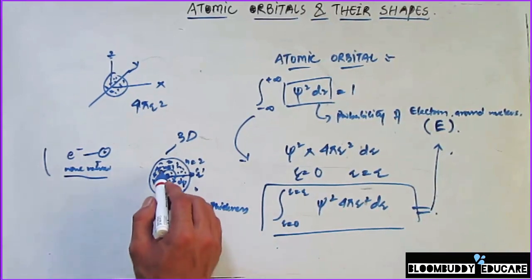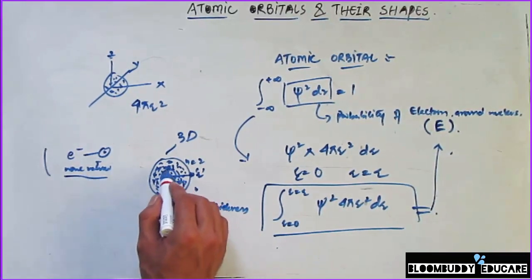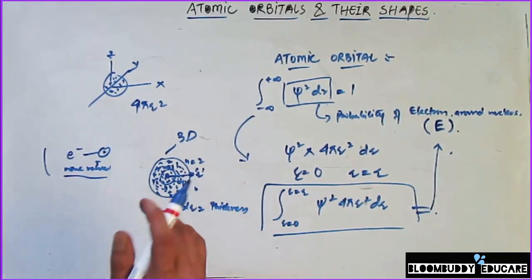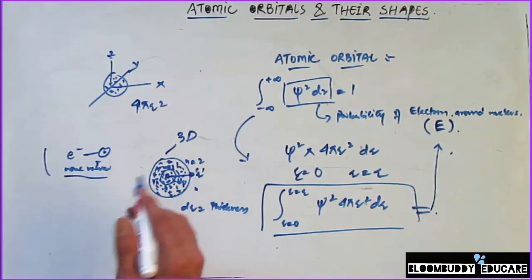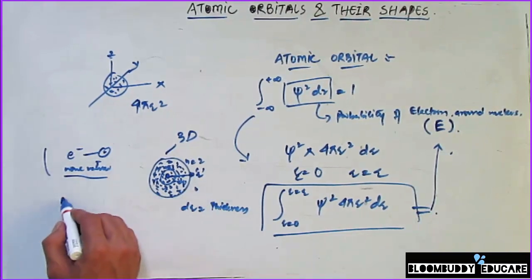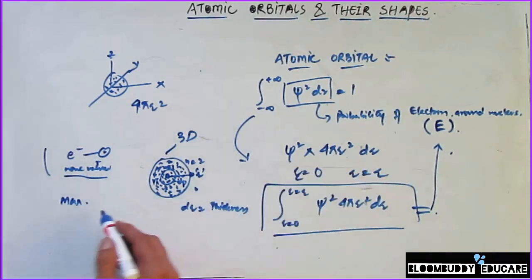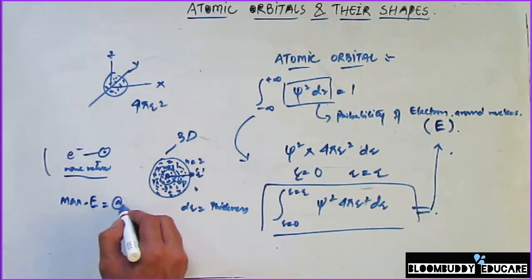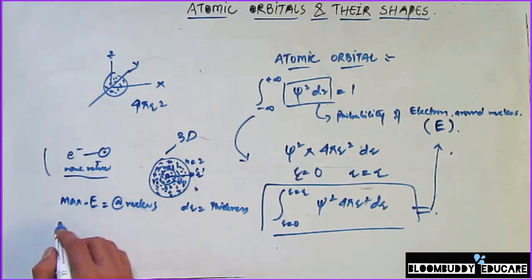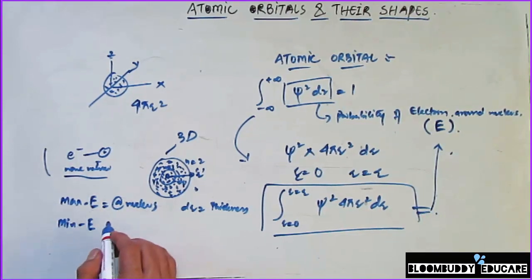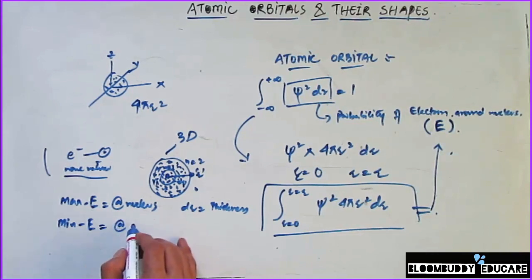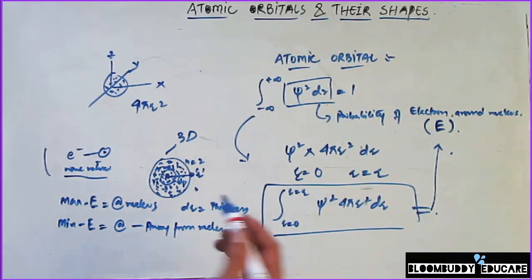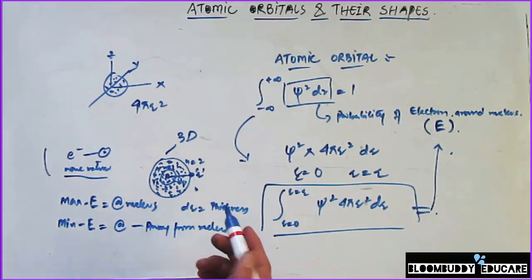So in other words, I can say that the probability of finding an electron closer to the nucleus is going to be more, and as we move away from the nucleus, the probability will slightly decrease. So the maximum probability is going to be closest to the nucleus. So maximum probability, that is probability of finding an electron, is shown by E. So the maximum probability is going to be at the nucleus, and minimum probability is going to be at places away from nucleus. So as we move away from the nucleus, the probability of finding an electron is going to be decreasing in